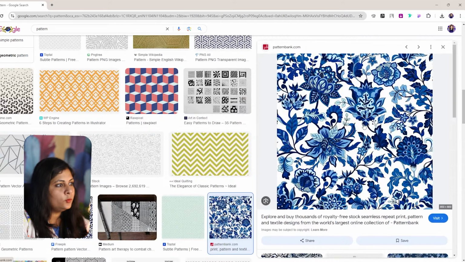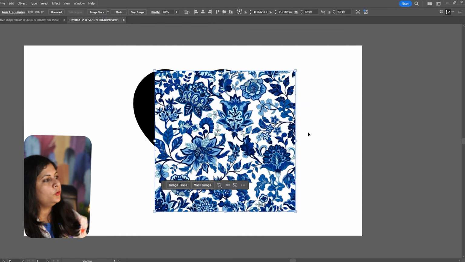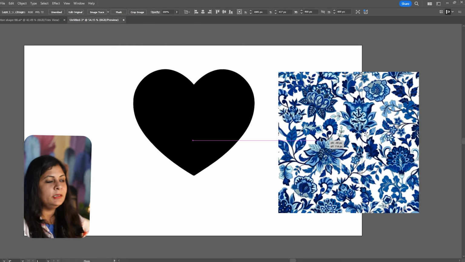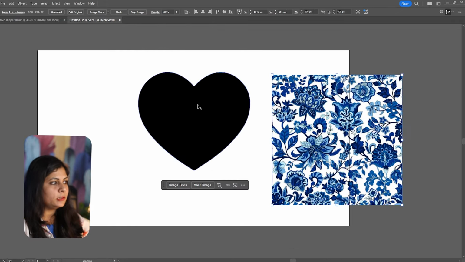Okay, let's say I want to add this type of flowers and colors.